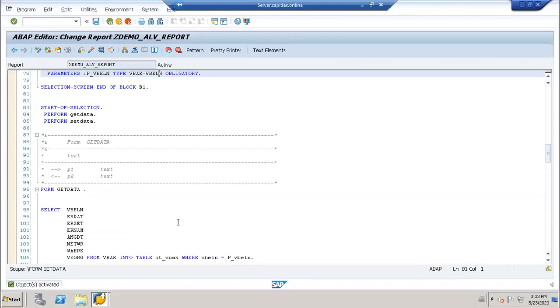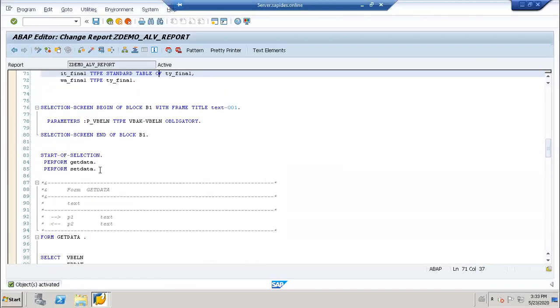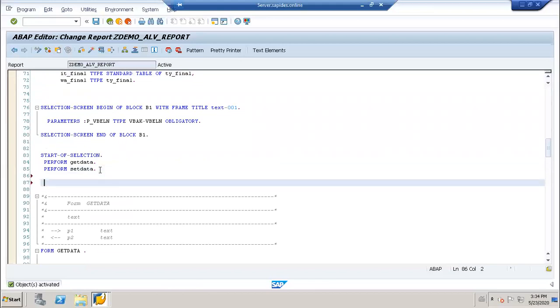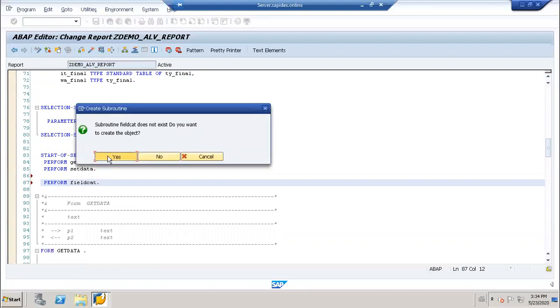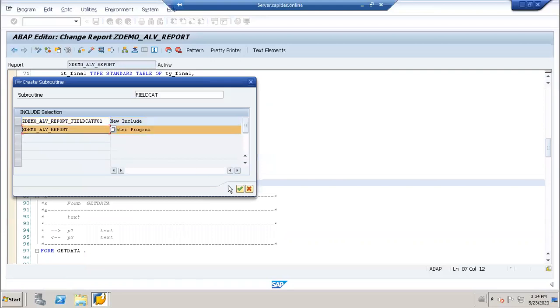You need to display. But here, in a normal classical report we used to display simply with loop statement and write statement. But here this will not work out in the ALV case. So here what do you have to write? You have to build a field catalog for that. Okay. What is this field catalog? Let me show here right now. You have to build a field catalog.